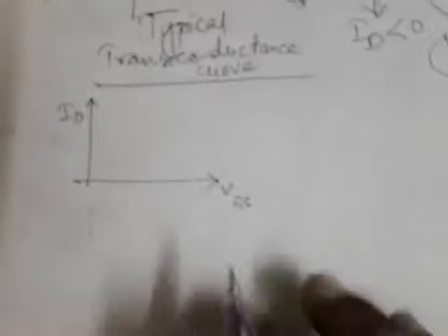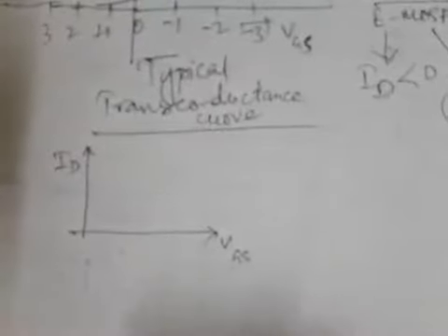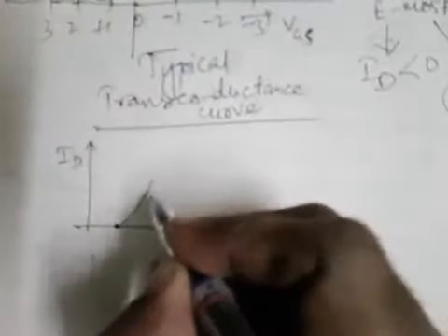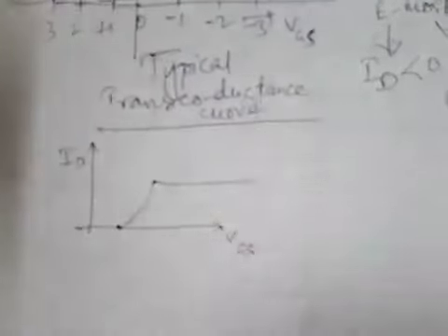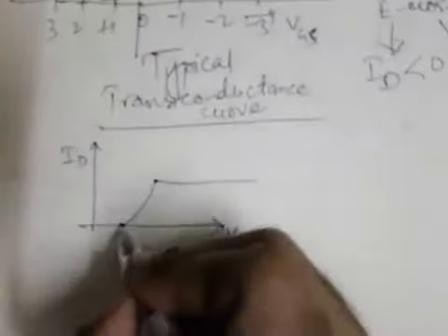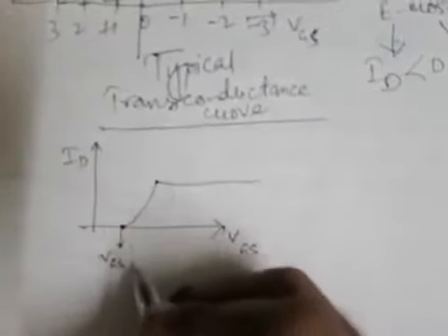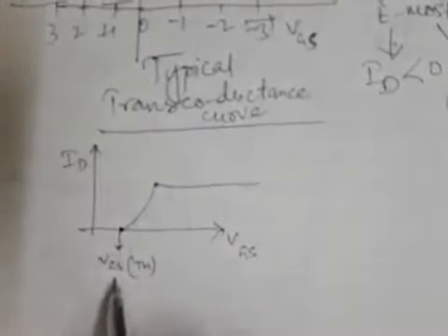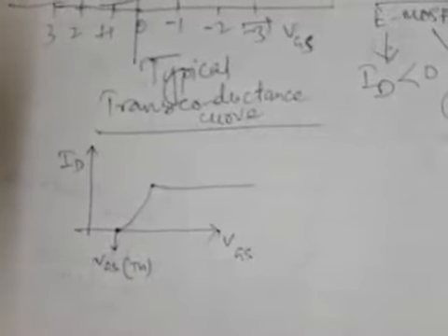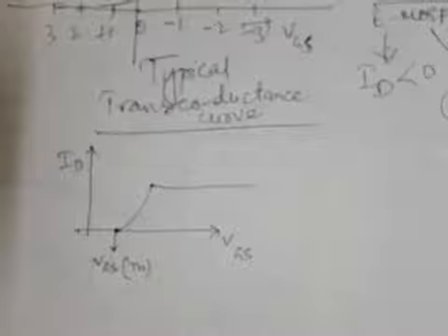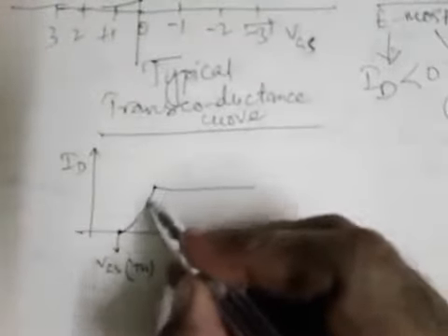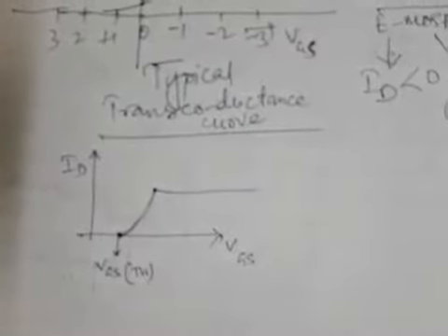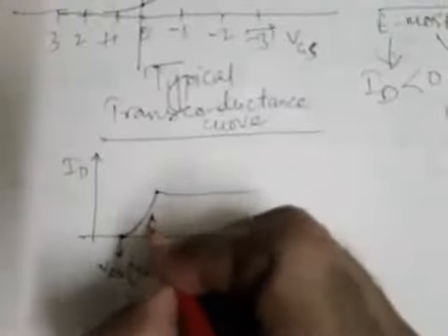Okay, so now here in the modified form of this transconductance curve, it will look something like this, where this first voltage value is the threshold voltage of VGS, because it is on the VGS axis and it is the minimum value to be given between gate to source so that the channel can be made conductive or the device can conduct. And the region which is increasing exponentially between these two points is the active region. So this portion is the active region.